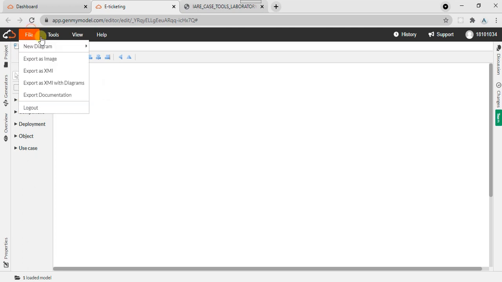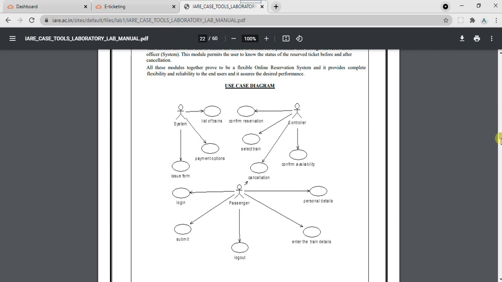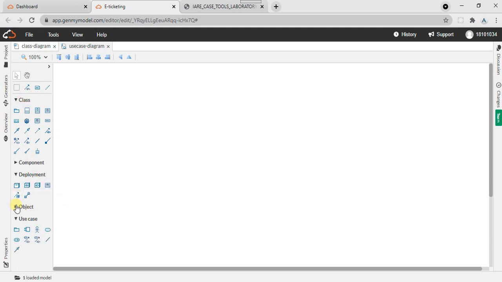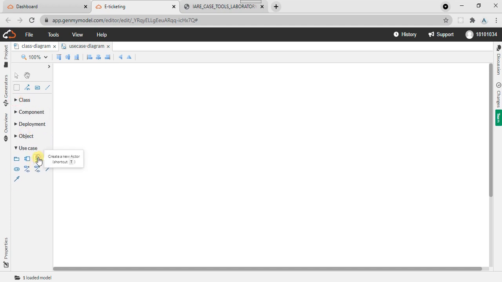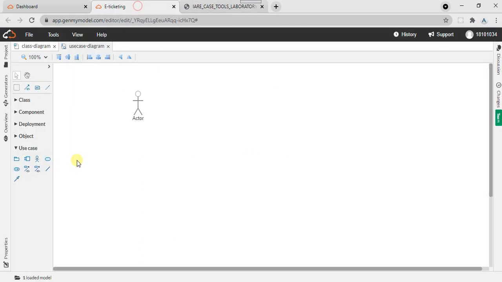If I want to create any other diagram, a new diagram, let's create a use case diagram. I have already created the manual of e-ticketing, so I will just try to draw this diagram. For use case only we need it, so you can close all other tabs. For use case, first drag and drop the actor, then